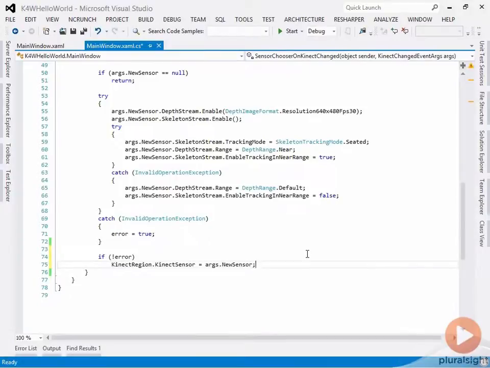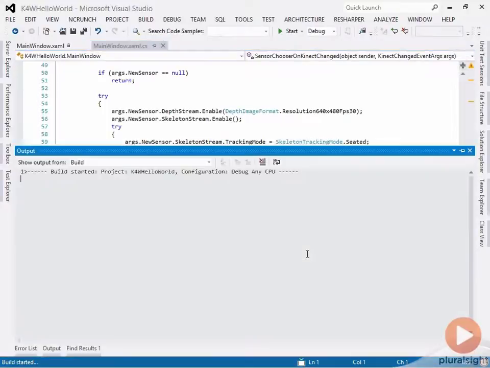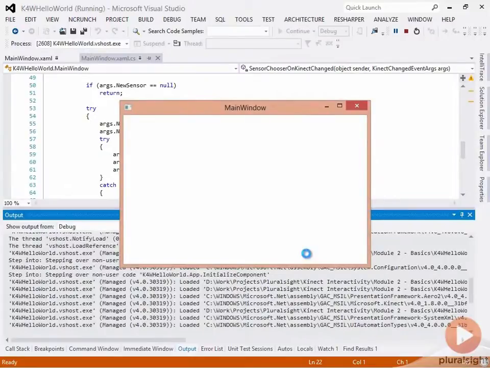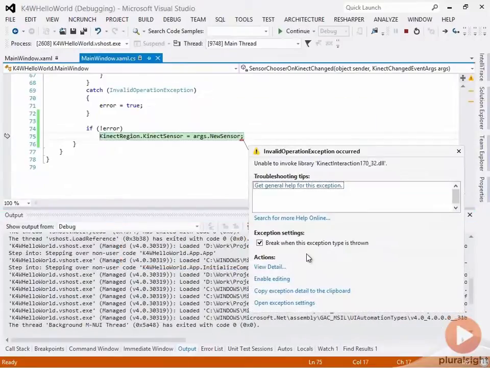Now let's try and run the application. And what we see is an exception. What happened? Turns out that the Kinect interaction system needs a native DLL to function. Let's stop the application,